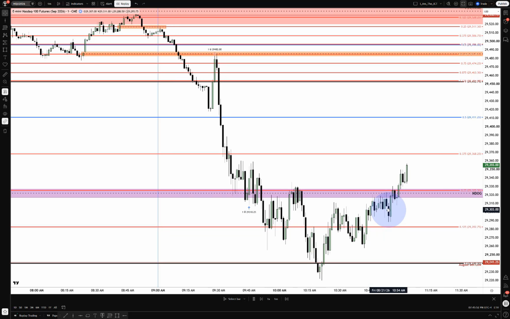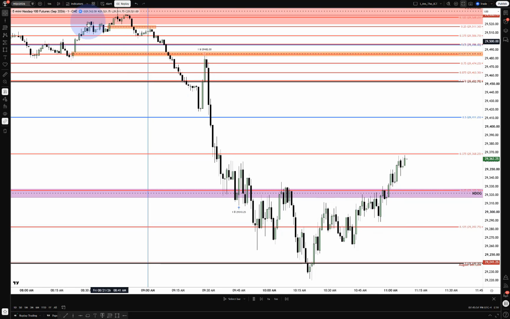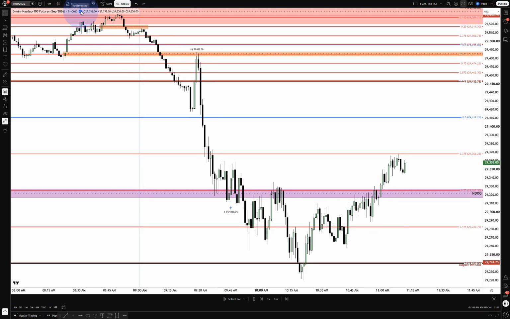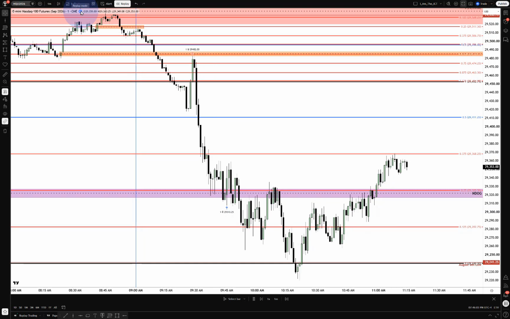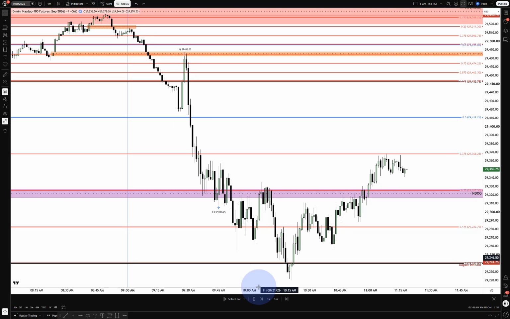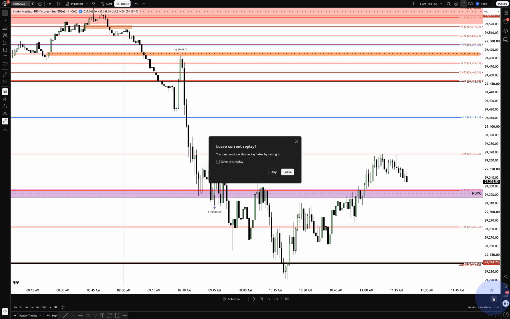But that's the difference. There are clear hallmark signals here that tell you that my executions are over live market price. Period. End of story. And you can't deny it now. So, I guess you can deny it. Now watch what happens when we go out of this. I'm not sure if it does anything different with the chart, or if it's going to send me somewhere else. You can continue this replay later, but I don't want to do anything with that. I don't want to save anything, and I want to leave.